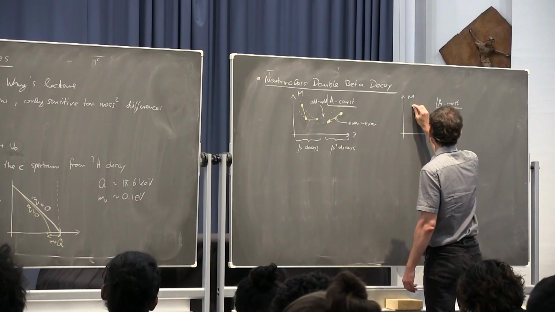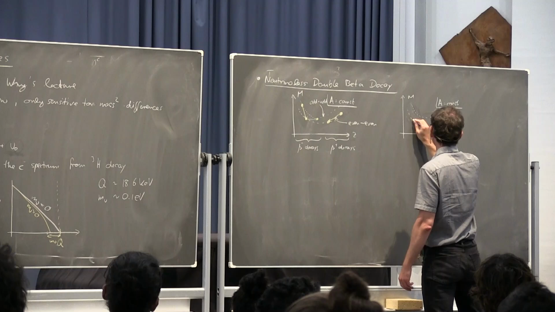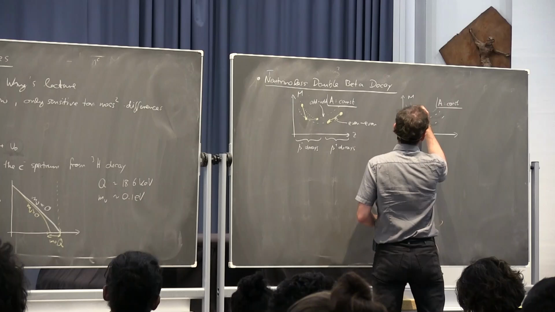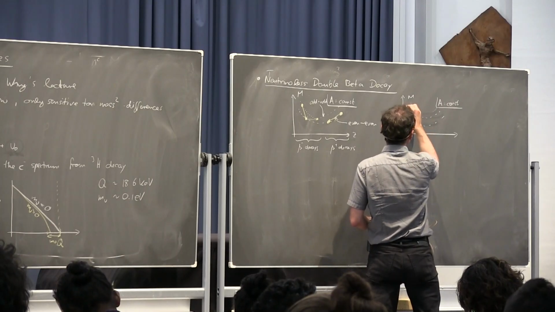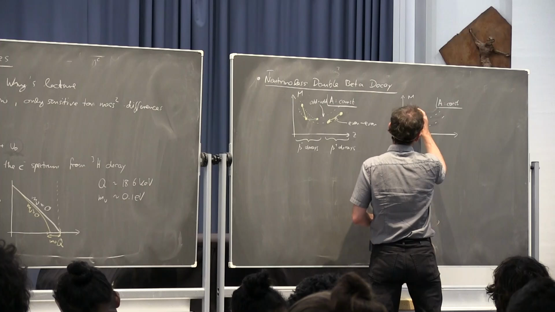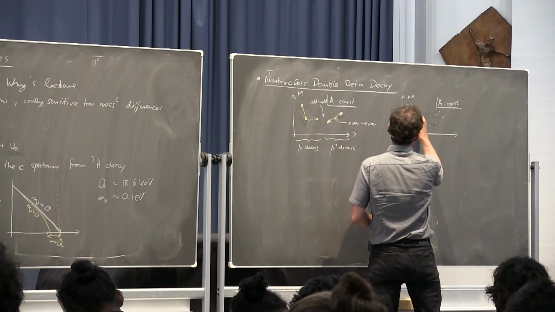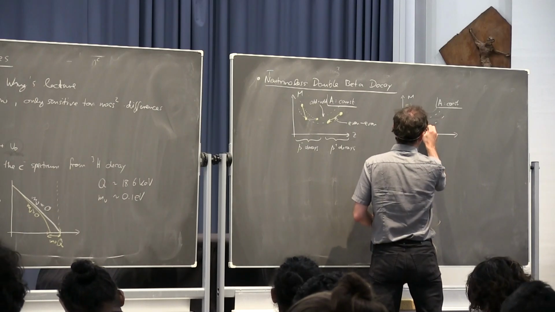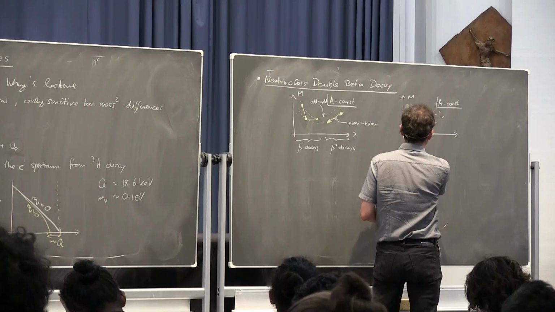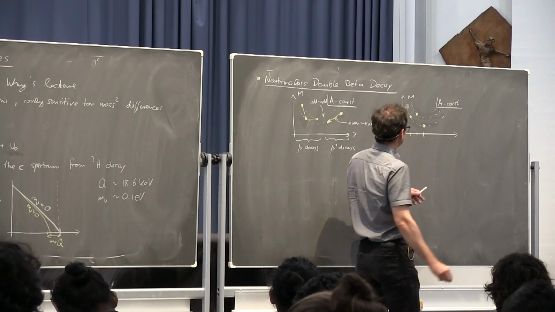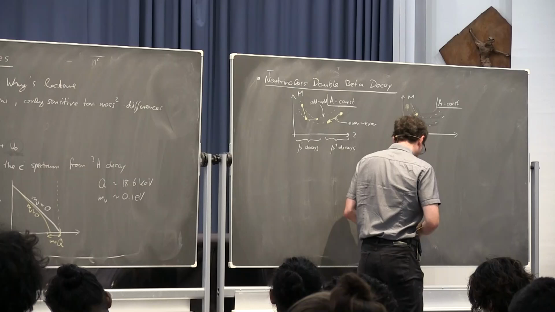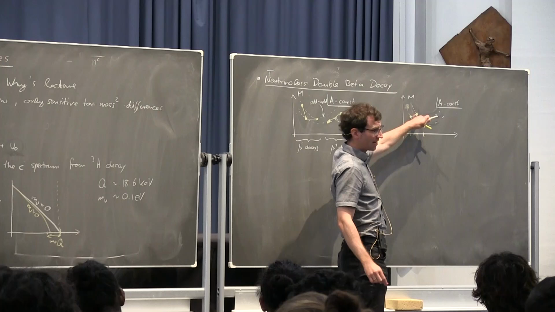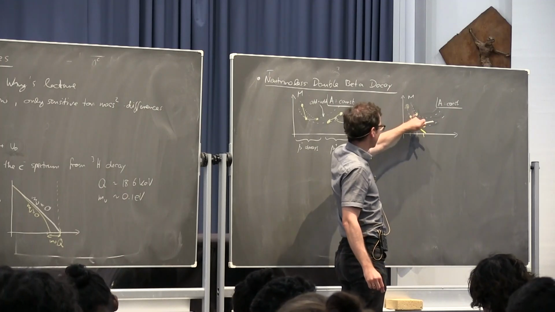So let's assume I have one here, then I have one there, and then I have one over here. So now I'm in a situation where this step here is forbidden because it would push me up in mass. So now because of this pairing energy,